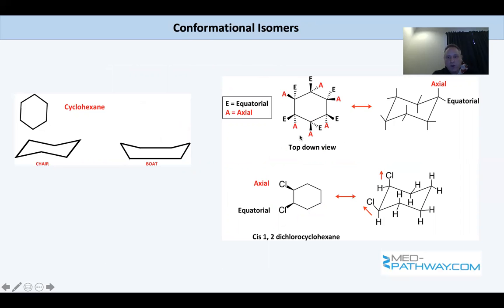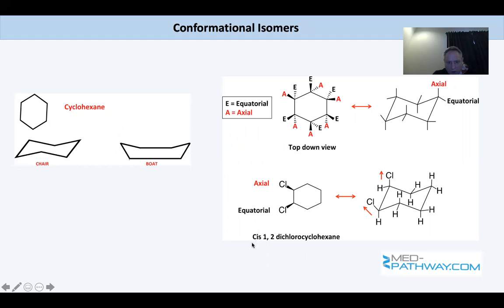So over here is a representation of the chair structure. What you see here are axial and equatorial groups. And we know that the groups want to be as far apart as possible in order to prevent electron-electron repulsion. And so what you can do then is draw this out and convert axial and equatorial such that you can